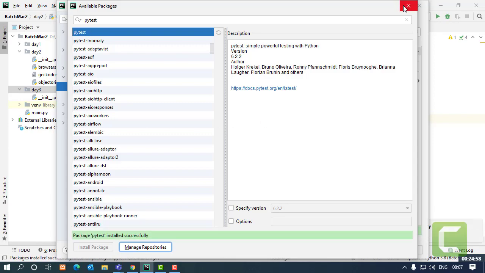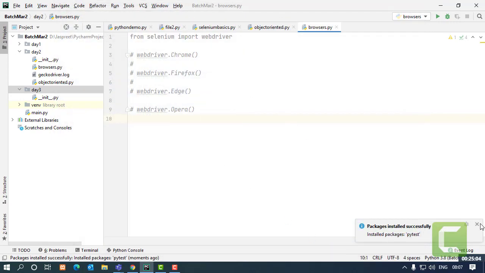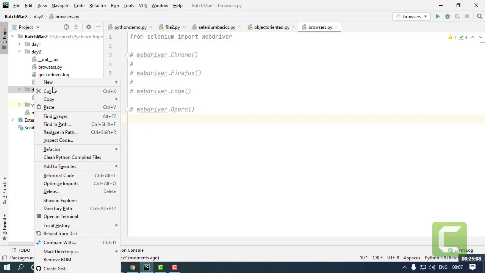So it has been imported into our project, so I'll click on apply, OK, and my PyTest is now ready to use to make my test cases.